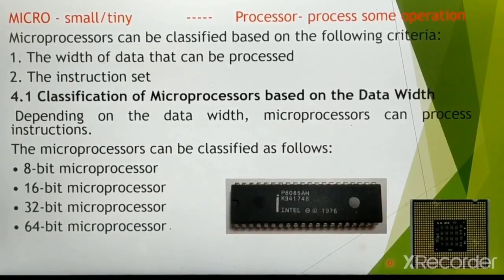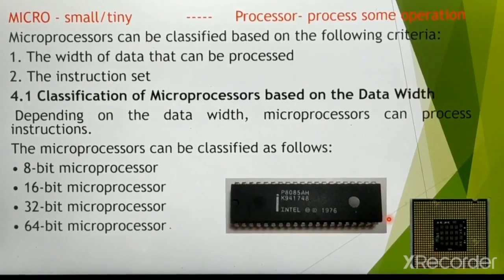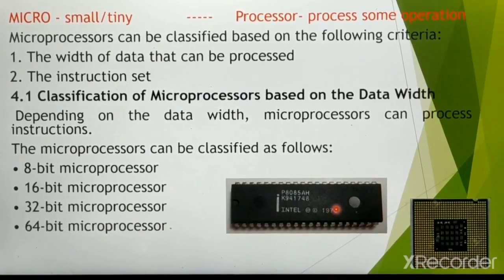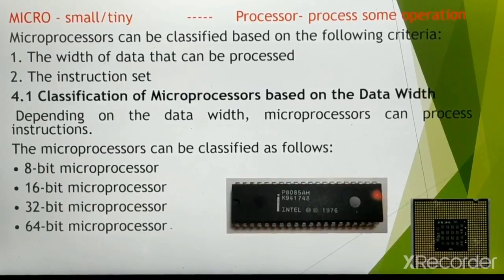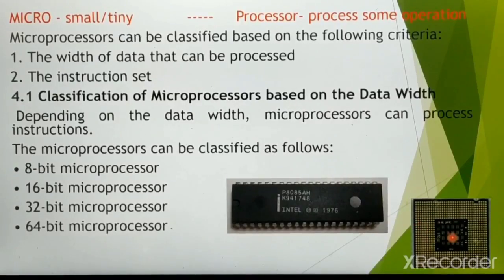Here are given 2 different images of microprocessors. The first image is for the 8-bit microprocessor. Here we have 8 input and output pins. In this microprocessor, the pins are arranged in a sequential manner. Here in the 64-bit or 32-bit microprocessor, the pins are arranged in a grid structure format.